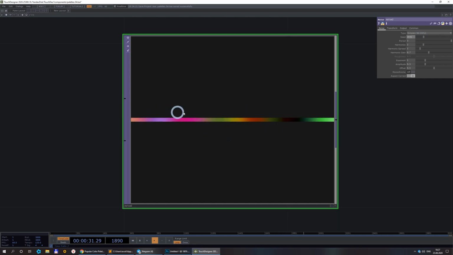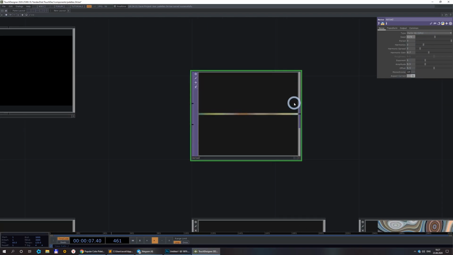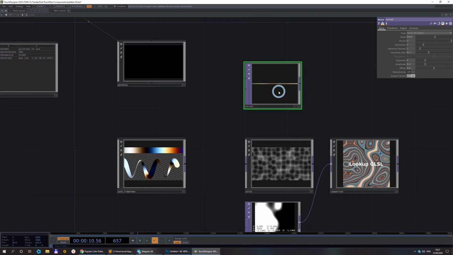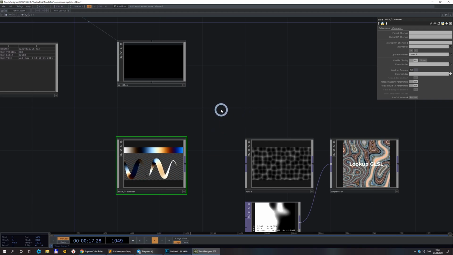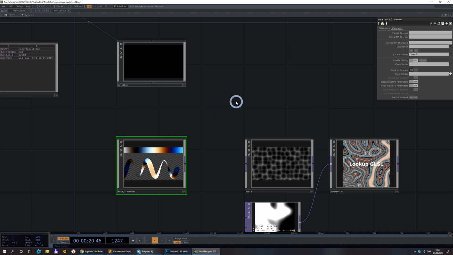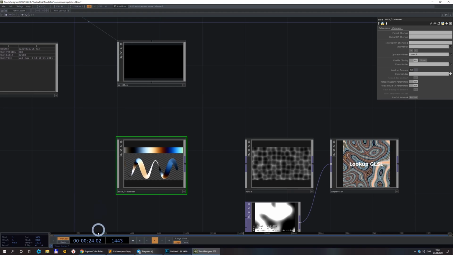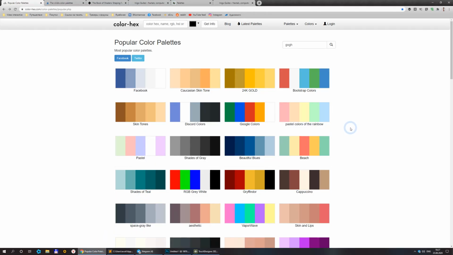Sometimes, for example this one, the contrast between the colors is not very good, because these are just random colors. Perlin noise is a little bit better, but still, sometimes the colors are too blunt, too dark or too bright or too contrasty, so noise isn't a very nice option. Next, if you need 2 or 3 colors, the simplest solution, and this is my very effective solution that I used a lot, is